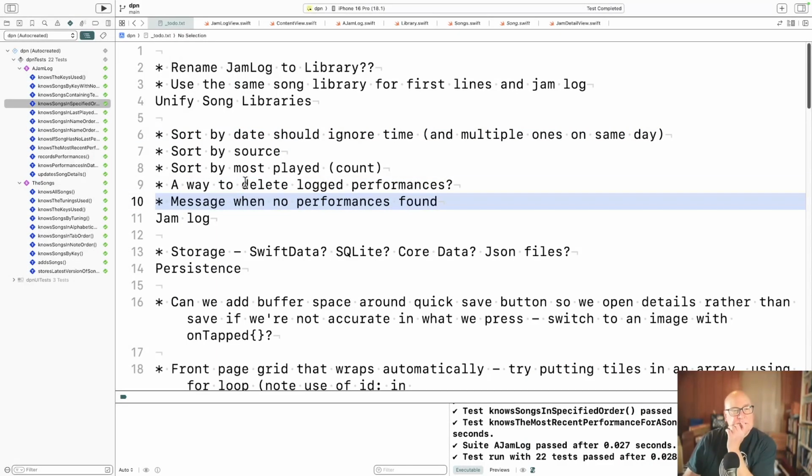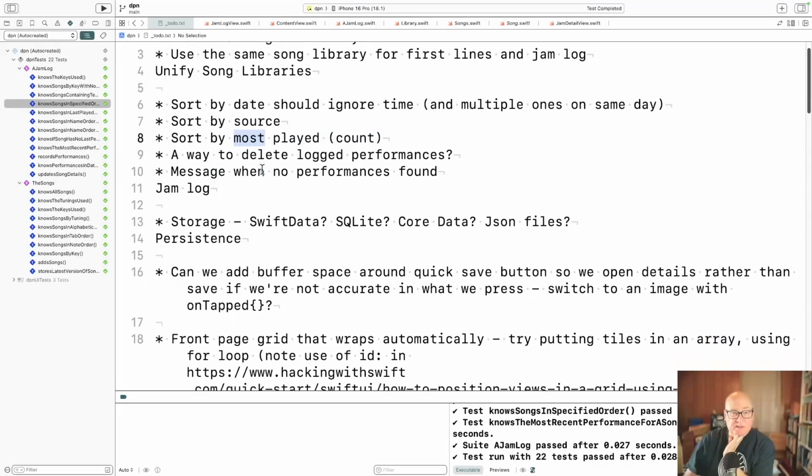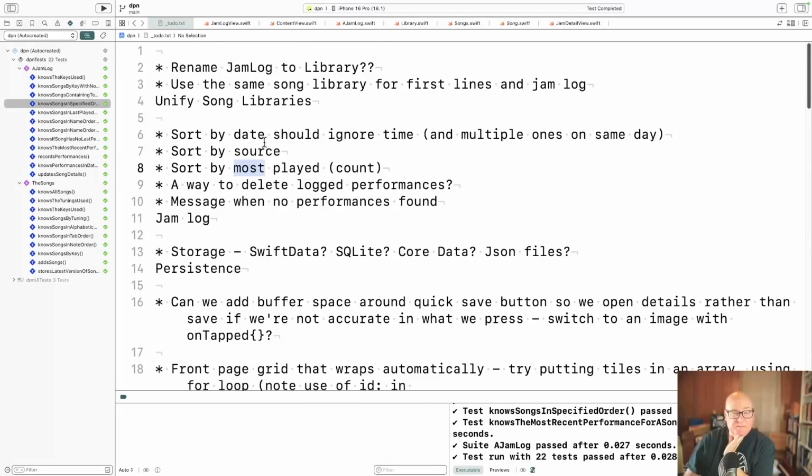That's kind of useful. Sort by source was something to add. Most played is also performance-based. I don't think those get easier or harder because we merged those entities.